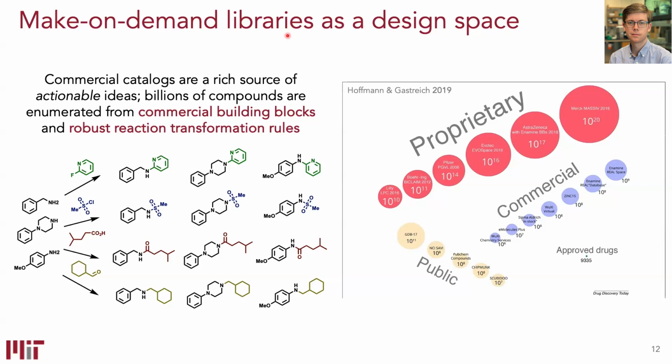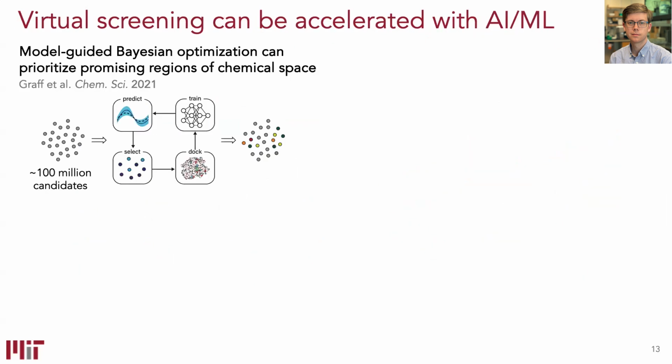Now, navigating these large virtual spaces is not trivial, right? Because you have billions or trillions of candidates. And so we think about ways to do discrete optimization or Bayesian optimization in this discrete space to accelerate the search process. With these large libraries, one of the ways that we screen them with application to drug discovery is using basic structure-based drug design methods. So really coarse tools like docking try to approximate the binding affinity between that small molecule and a protein of interest. They're really not very good, but they're an okay first filter that can be applied at large scale. And so typically we would just take our large set of candidates and we would exhaustively screen that candidate set.